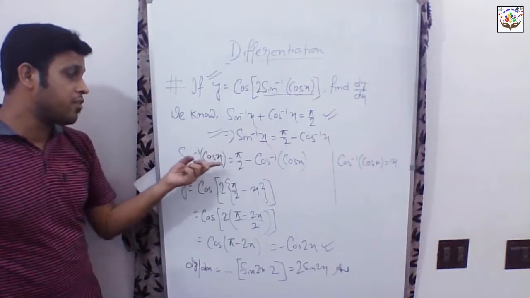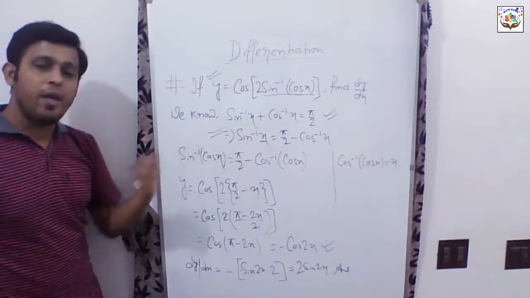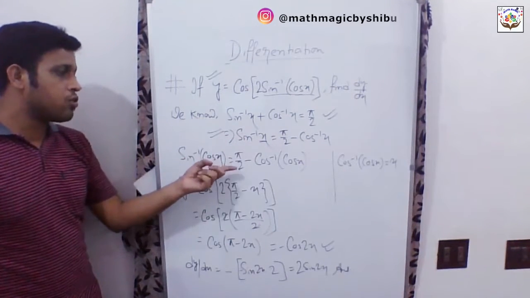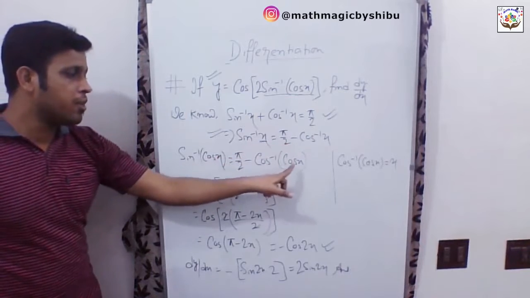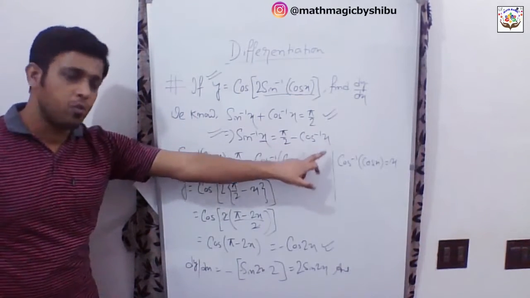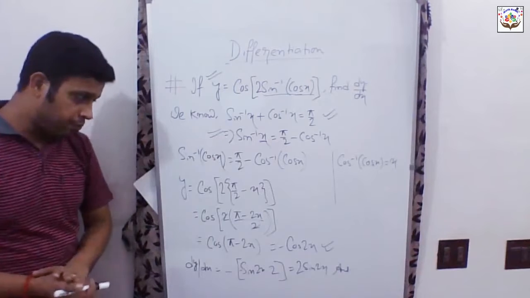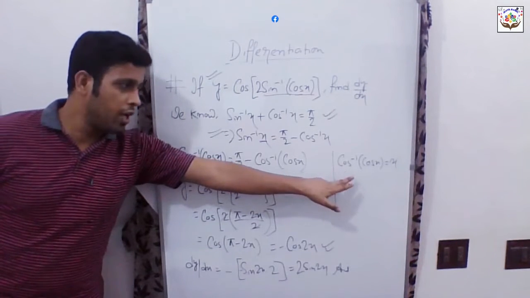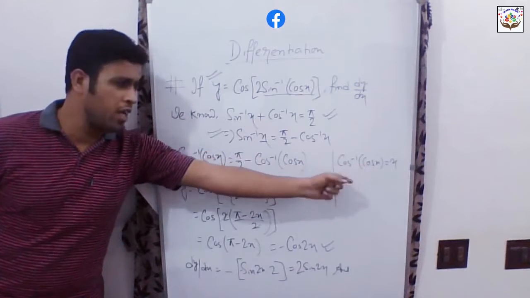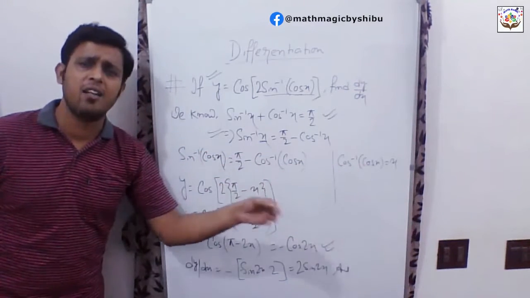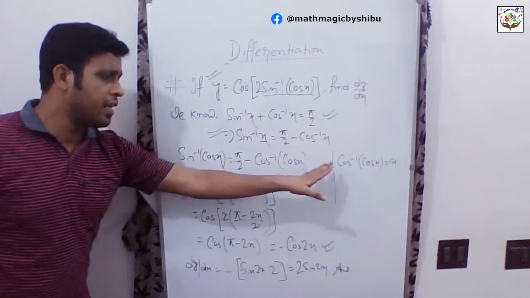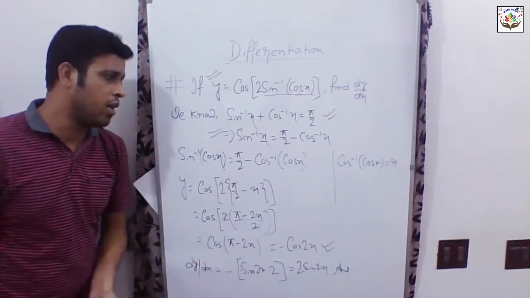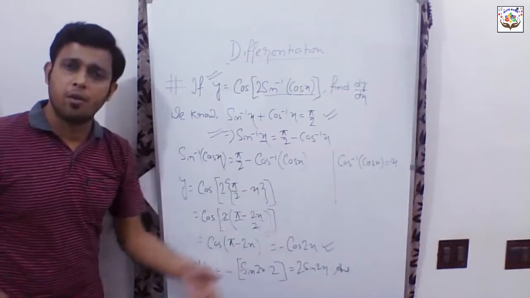We have just replaced the value cos x in place of x. So sine inverse cos x equals pi by 2 minus cos inverse cos x, as in place of x we are replacing cos x. And we know as per the inverse function formula, cos inverse of cos x equals x, whatever be the trigonometrical function, be it sine, tan, sec. Like sine inverse of sine x equals x, as I told earlier. Tan inverse of tan x equals x.